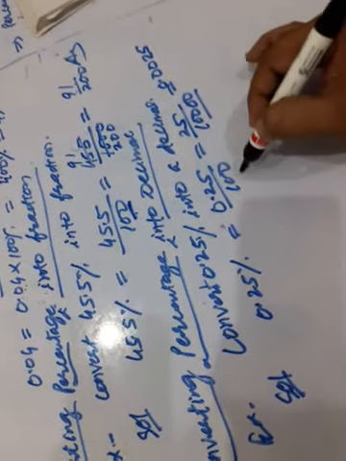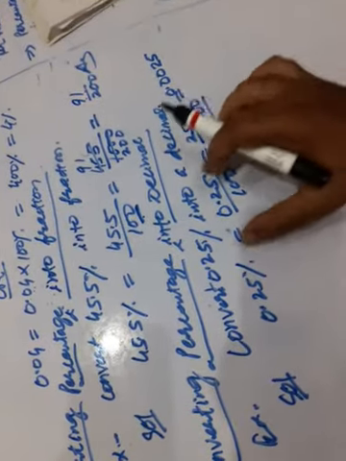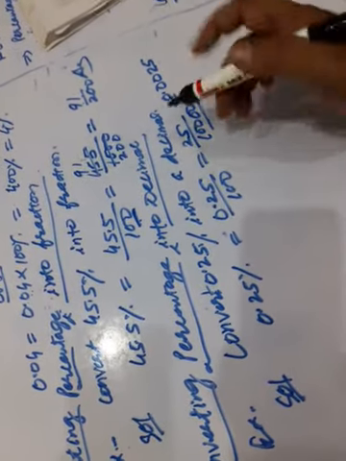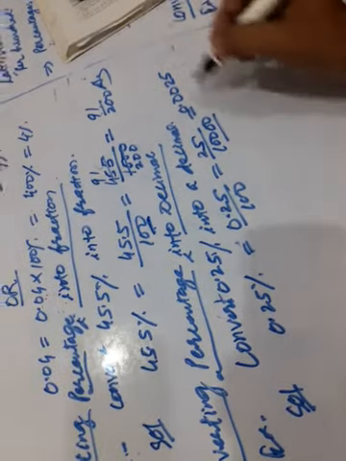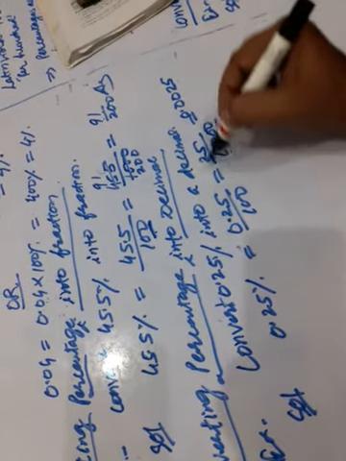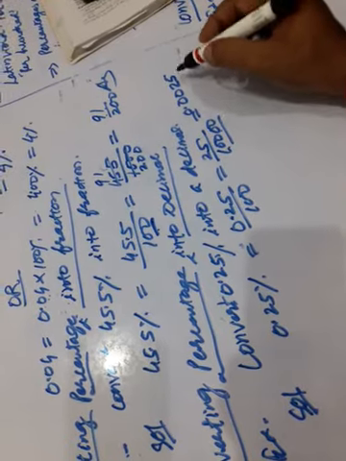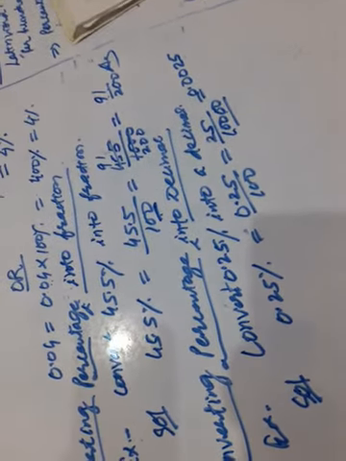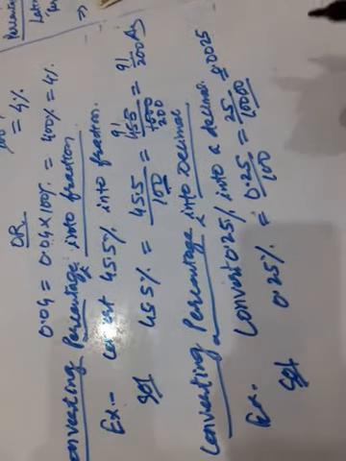While converting a percentage into decimal, the question is to convert 0.25% into decimal. Then 0.25% equals 0.25 upon 100, because percent equals 1 upon 100. When the decimal point is removed from the numerator by 2 digits, it is 25 upon 10,000. See the number of zeros in the denominator, 1 2 3 4, so it is shifted to the left by 4 digits, and it is 0.0025. Okay, children, this is how we converted percentage into decimal.